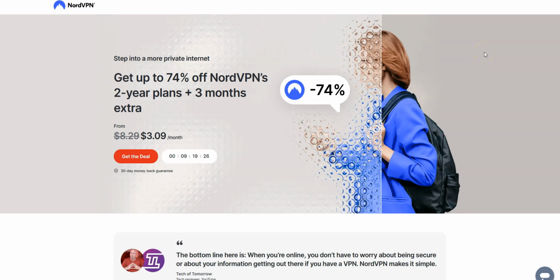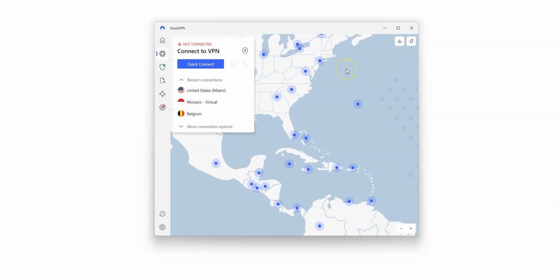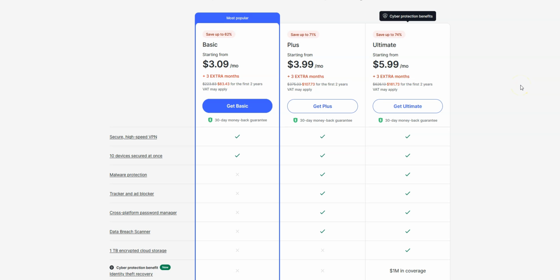Another great VPN to unblock Facebook is NordVPN. NordVPN is another high-quality VPN with over 6,300 servers in 111 countries. Just like ExpressVPN, NordVPN is available on Windows, macOS, iOS, Android, and so on. You can use it on up to 10 devices simultaneously. Very effective to bypass firewalls set up by your school, university, or workplace as well.